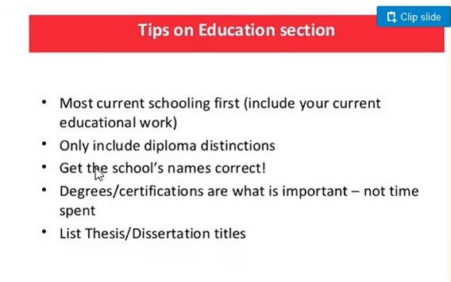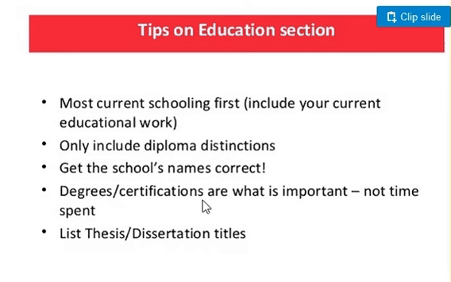This is a very important point: get these school names correct. As I told you in my previous lecture, we include our educational institutes' names very quickly, so that we forget to rectify them and correct them. In the result, we are unable to write the names correctly, we are unable to spell the names accordingly, so we do not pay heed to that particular problem. So I would once again offer you a piece of advice that we need to focus on this thing, that we must include the names very correctly and very carefully,